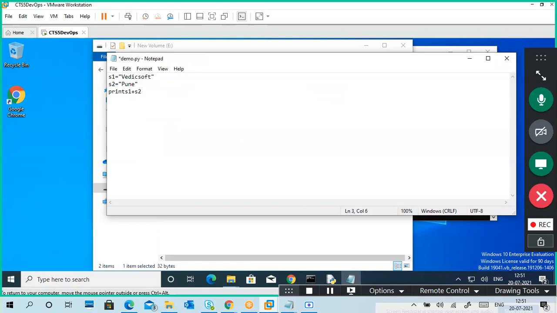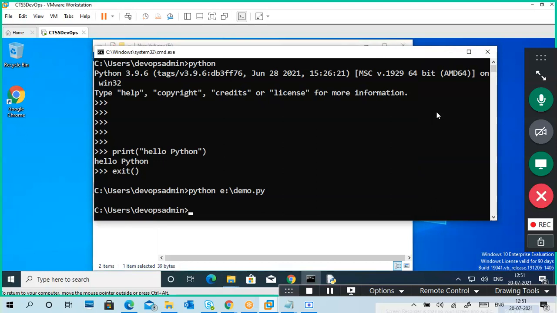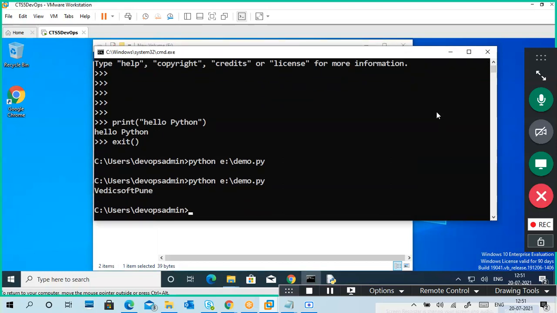I will use the print statement. We'll see again. Yeah, okay.